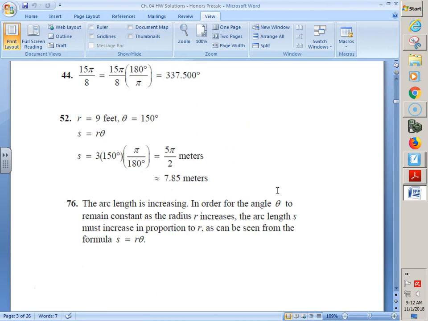Are we disagreeing with 44 too? Okay. 52, you were plugging and chugging into your formula, but you can't plug and chug the degree. You had to change it to radians first because, as we said in our notes, all of these formulas need radians. Gavin, what's up? Do we have to round to